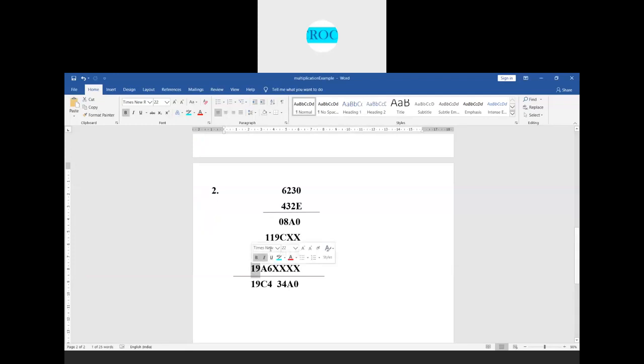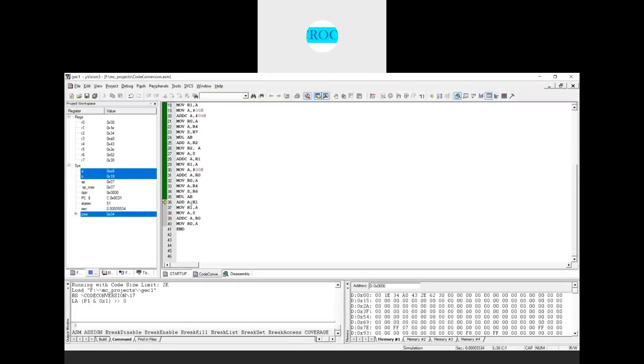Now whatever addition we have, this addition result 11 plus 0C, and if there is any carry from the previous byte addition, that is also considered. This intermediate result is stored in the R1 register. This content needs to be added with A6, which is stored in the accumulator. Now add A comma R1: the intermediate result stored in R1 is added with the accumulator. When I perform that, again that result I will store in R1.